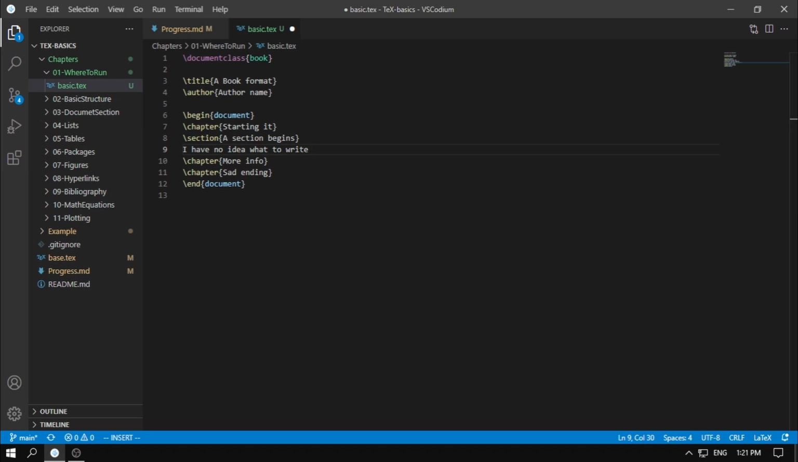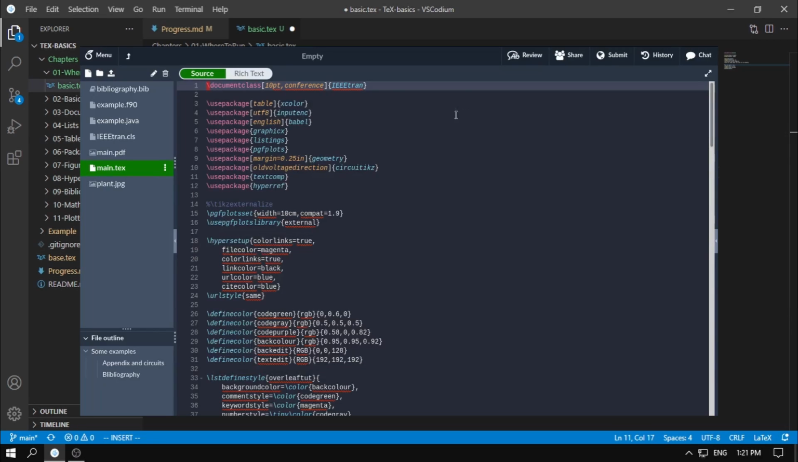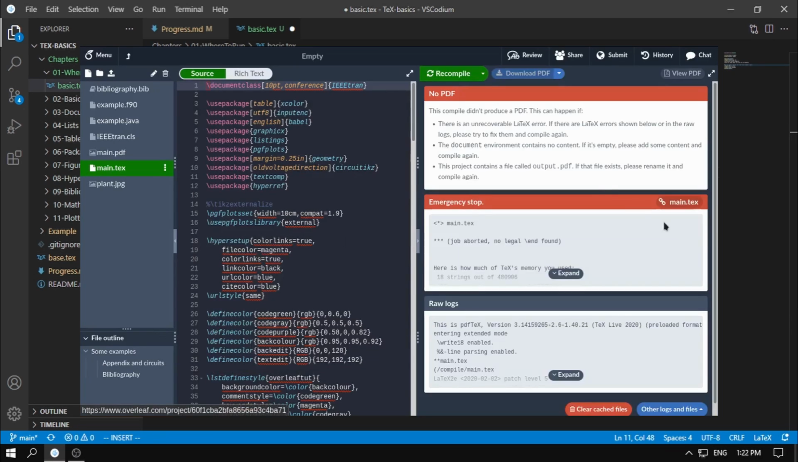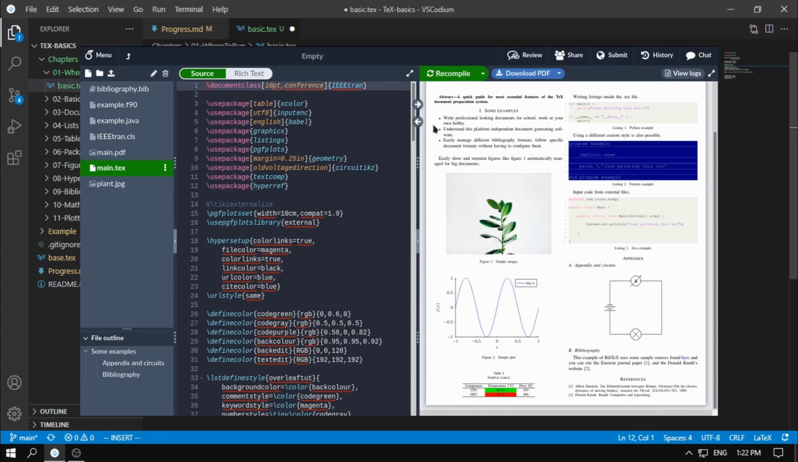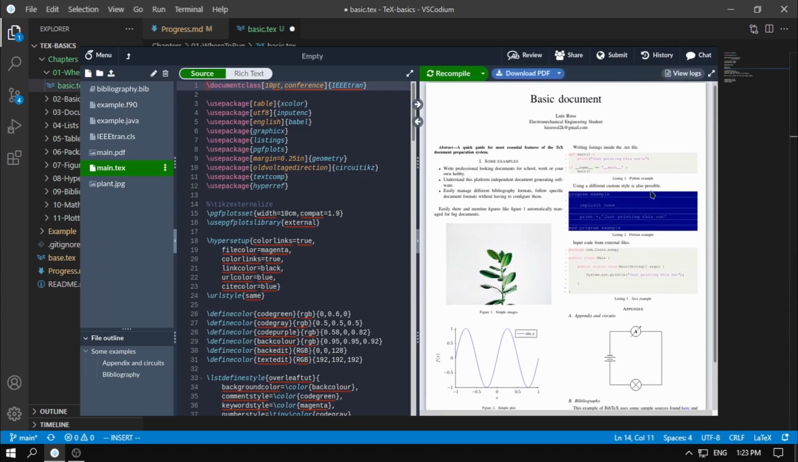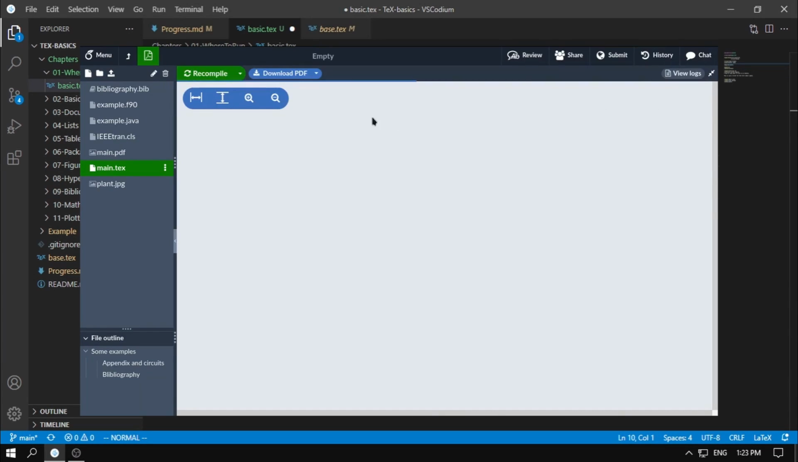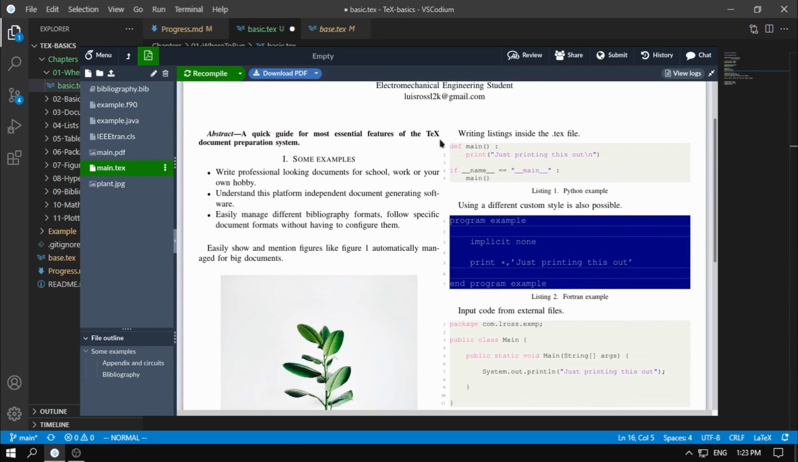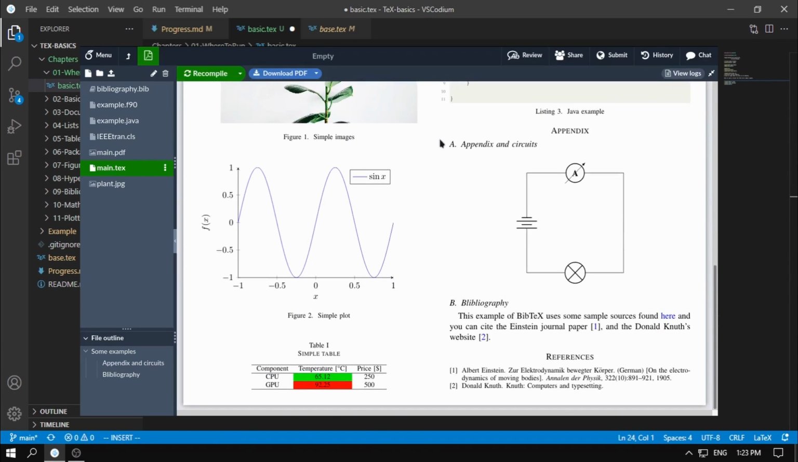Now, don't get scared by what I'm doing in the background. Many people use online compilers, so you don't even have to install anything. For example, here I'm compiling an example I made. This is Overleaf, one of the many online compilers. And as you can see, once the code is made, you only have to click on recompile and